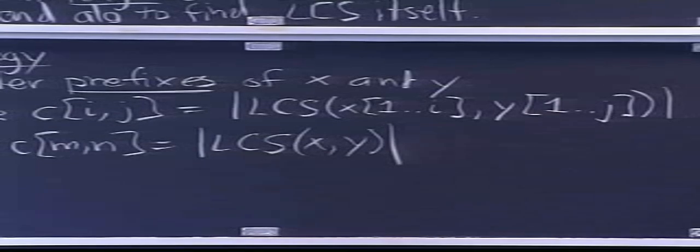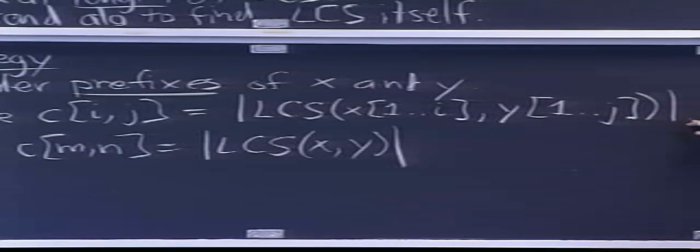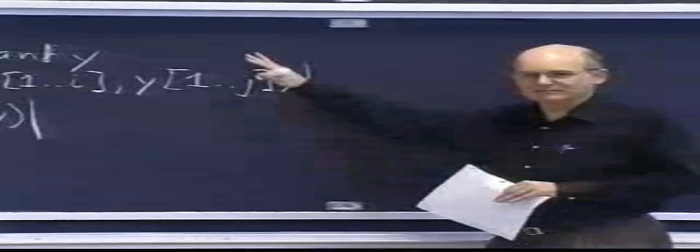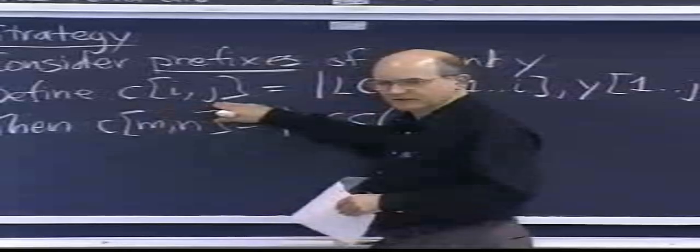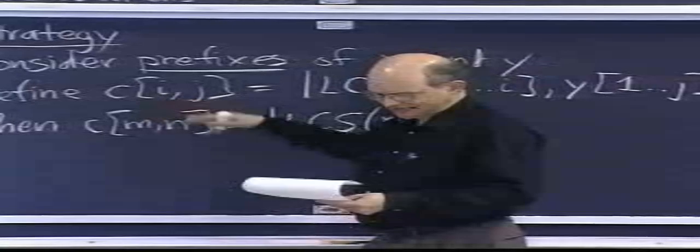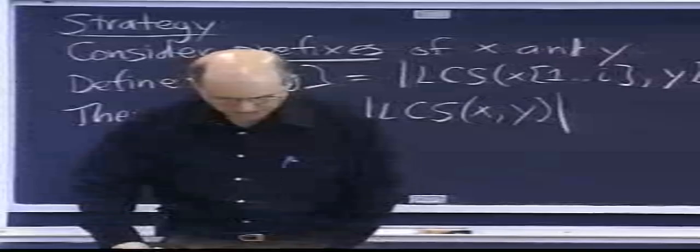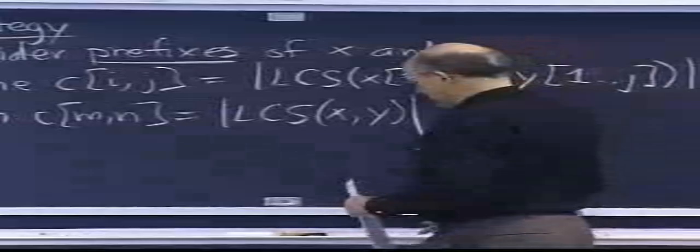So this is sort of the construction line that you would have in constructive geometry, where the line doesn't exist, but you have to figure out where it is to make your argument. Same sort of idea here. So we're going to define these lengths of prefixes, where I can have a prefix of x and a prefix of y. And now we're going to be able to get a recurrence for the